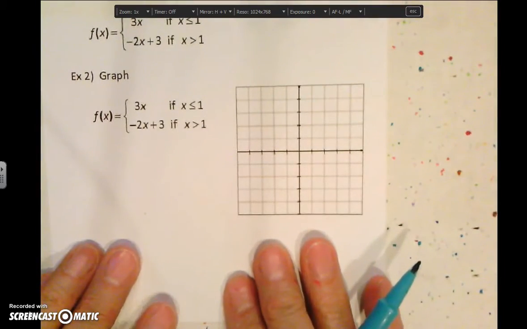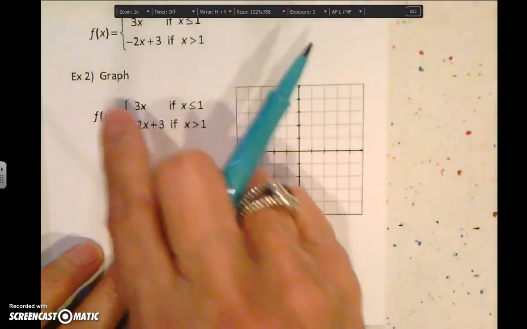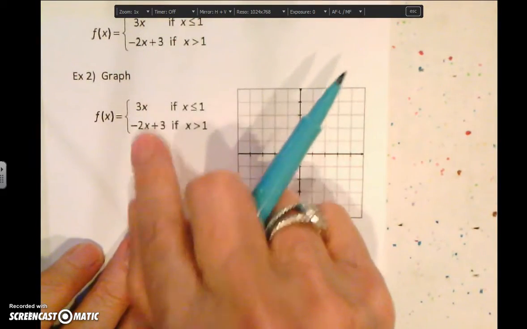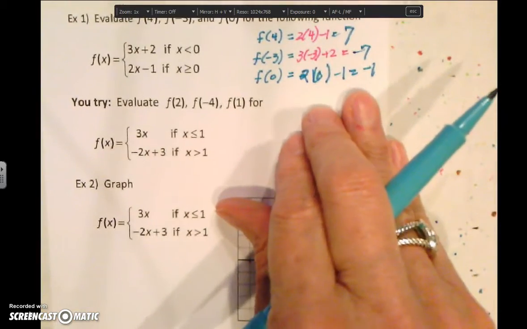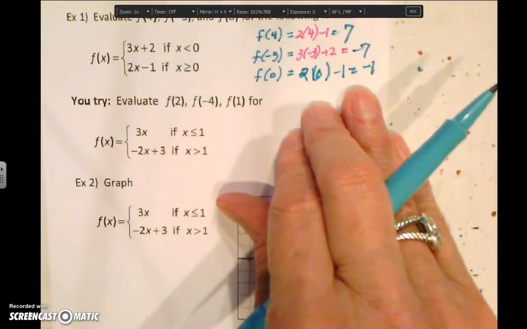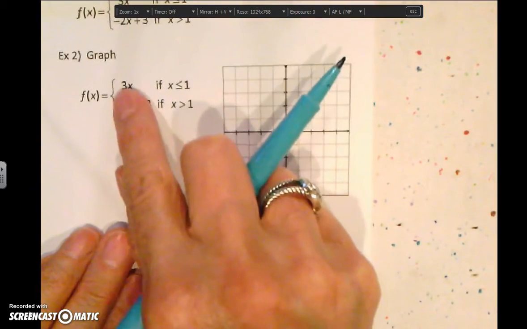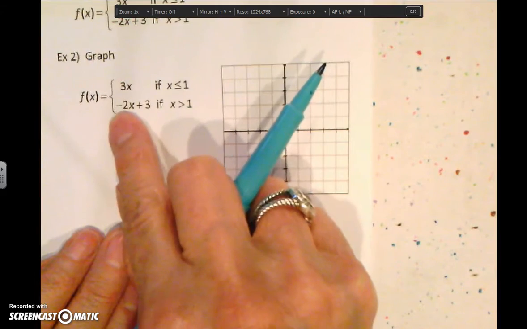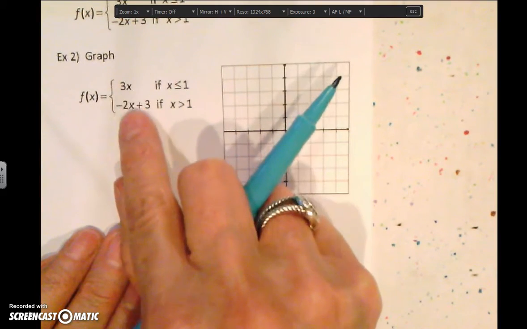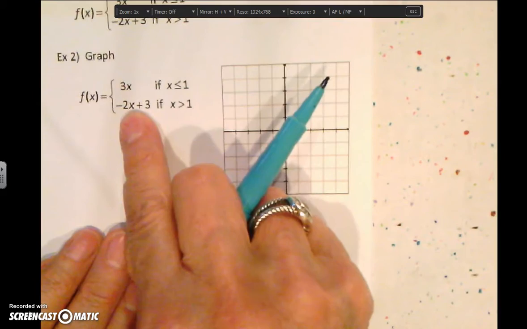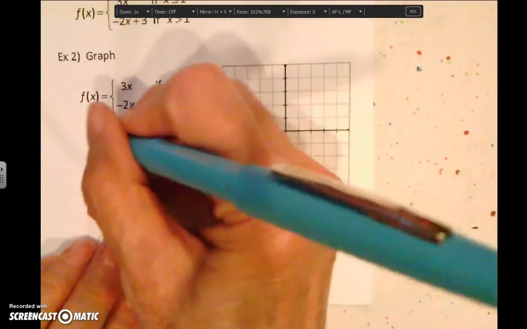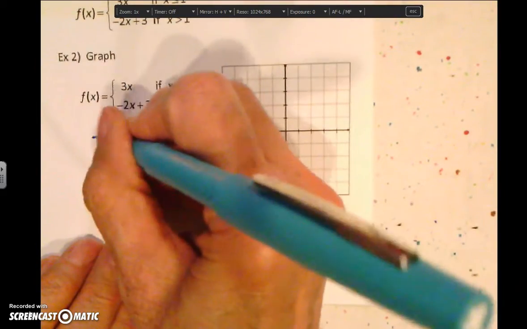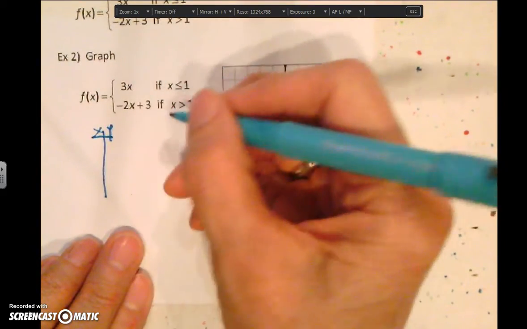Example 2, now we're going to graph our piecewise function. I guess this is the same one, so we're going to graph it this time. So we're going to have here 3x is one of our functions, and negative 2x plus 3 is the other. Notice they're both going to graph to be lines. You can see the y equals mx plus b. I think probably with working with piecewise, what we're going to want to do is just make some t-charts